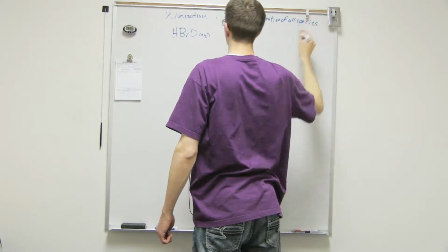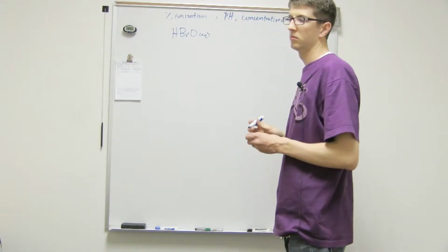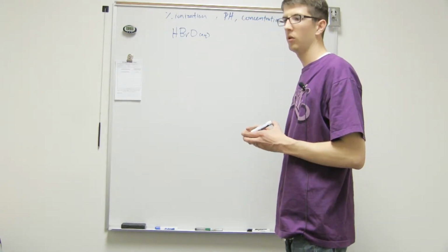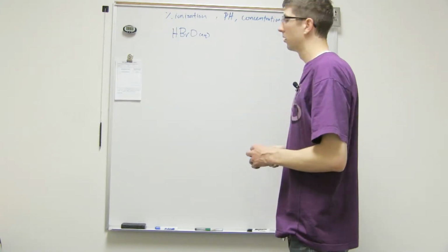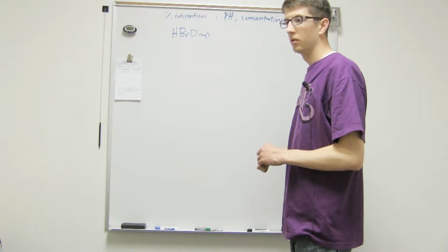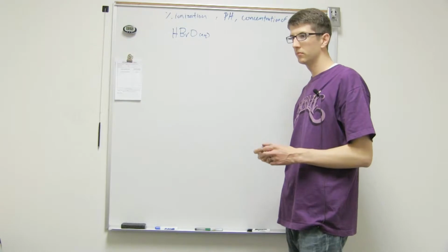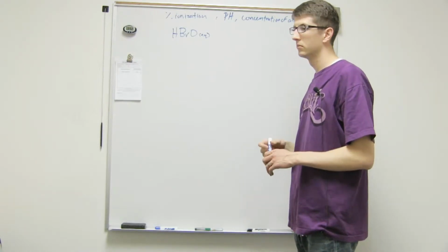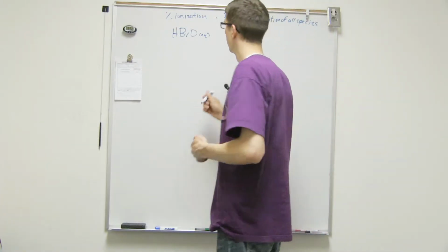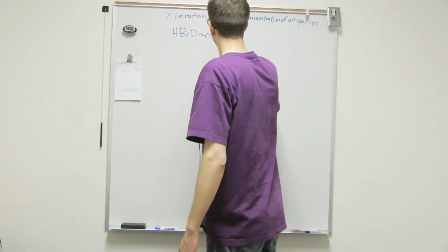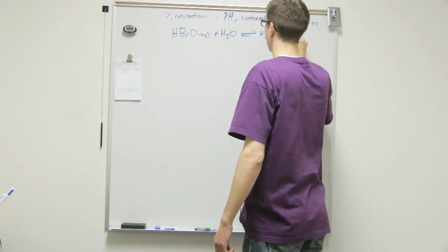Kind of tell me a little bit about how you've tried approaching it. Well, we learned about this today. I would think since it says concentration of all species, you're going to have a reaction. Good. And so we're going to want to draw this at equilibrium. If this is hypobromous acid in aqueous solution, the only thing I can think of is adding it to water. Yes. And then when we add it to water, we're going to have a hydronium ion, and then we're going to have just